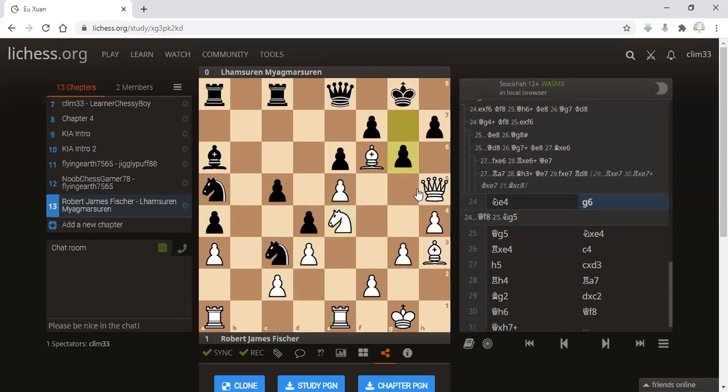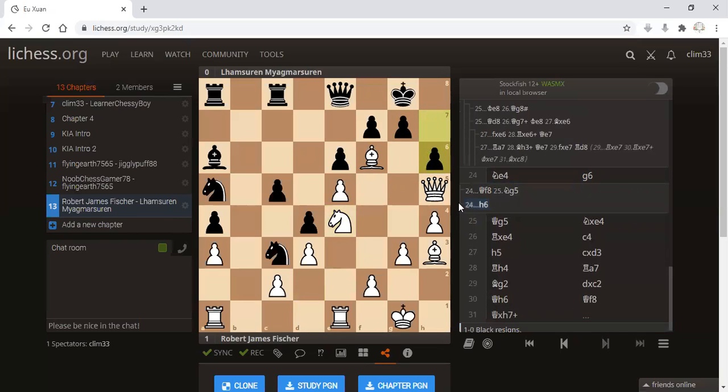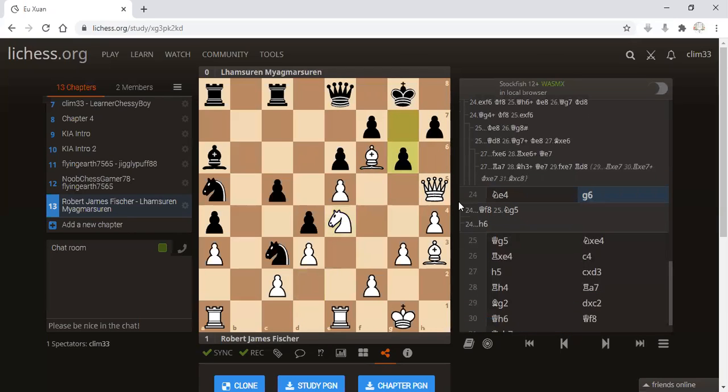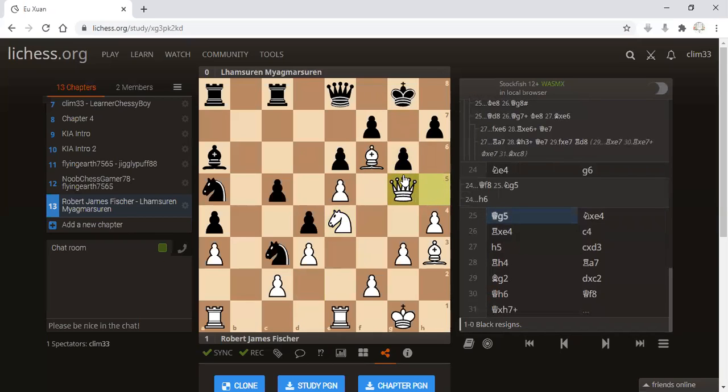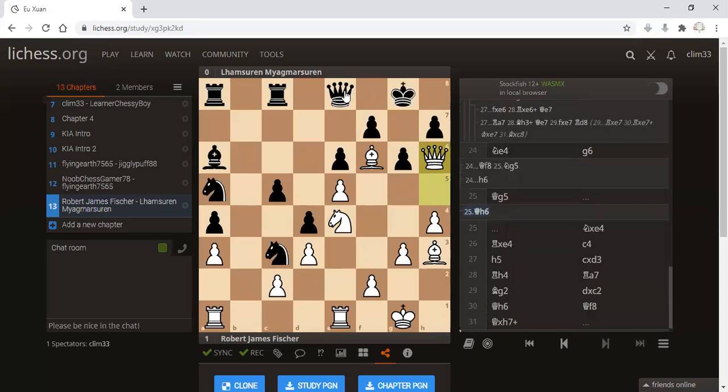Okay, so we move on. Then now, knowing this will happen, he moves g6. Can't you just move h6? Queen h6, you mean? No, I mean, if you move g6, then you can just move Queen h6. Yeah. Correct. G6, you can move Queen h6. But then, no, this is not Queen h6, this is Queen g5. Okay, what you mean is this happens? If this happens,